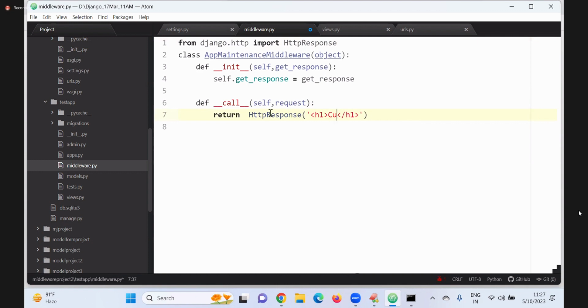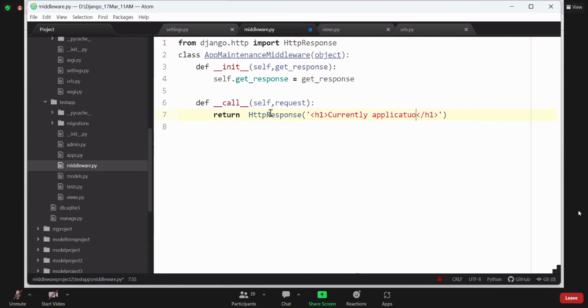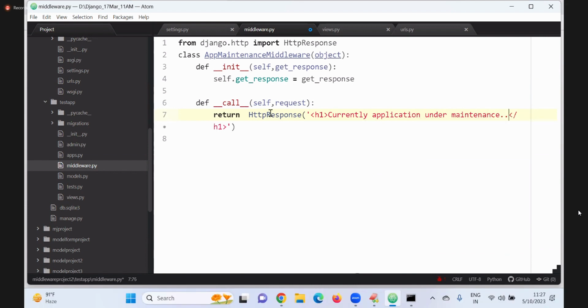Whatever response: Babu, currently the application is under maintenance. Please try after 2 days. That depends upon my requirement. Currently my application is under maintenance. Please try after 2 days.